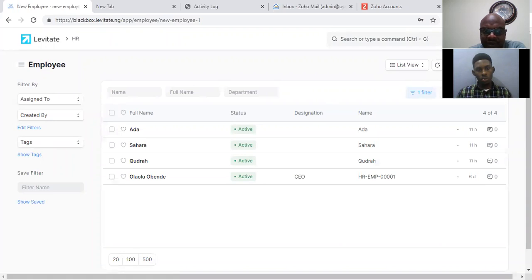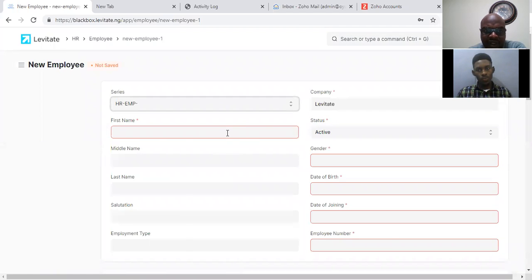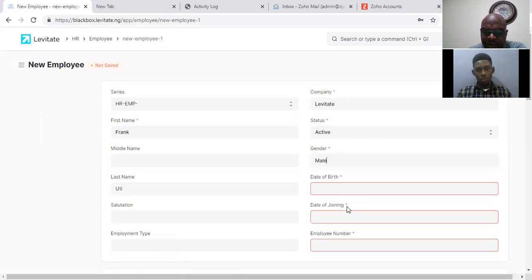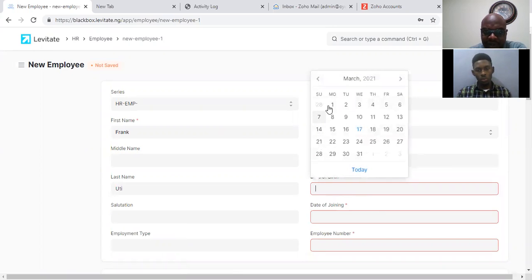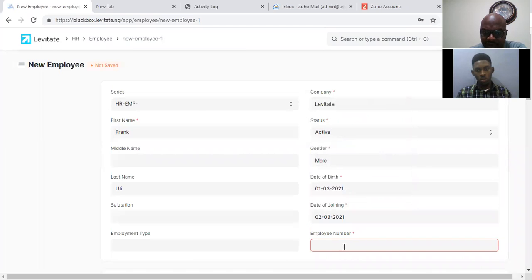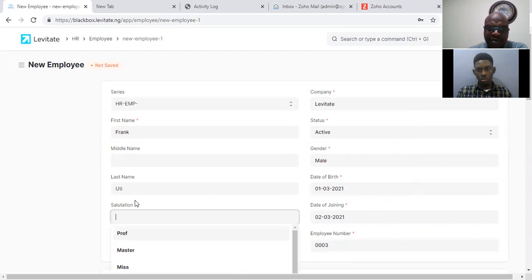And add employee. His name is Frank. Last name is Uti. He's male. Date of birth, he's put it himself. Date of joining, he put it himself. Employee number 000. So another thing again is when you're taking up information, you also want to get them to